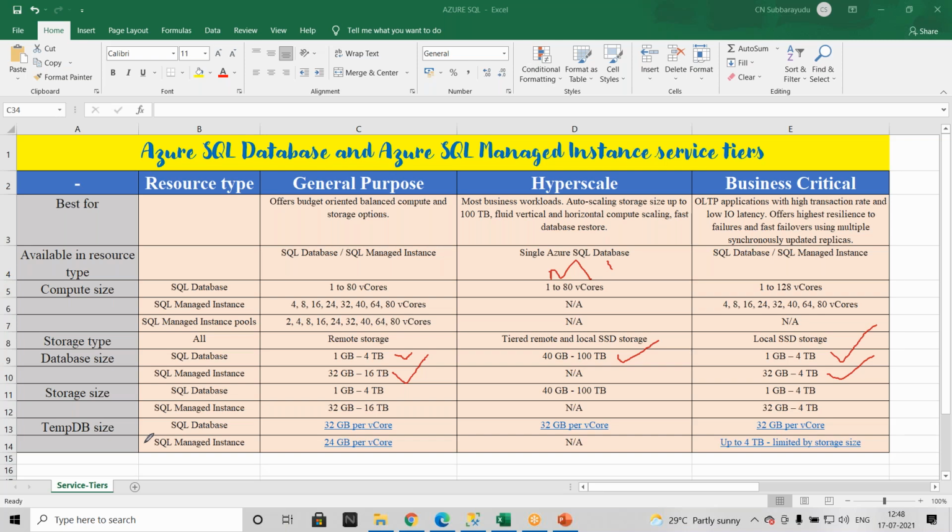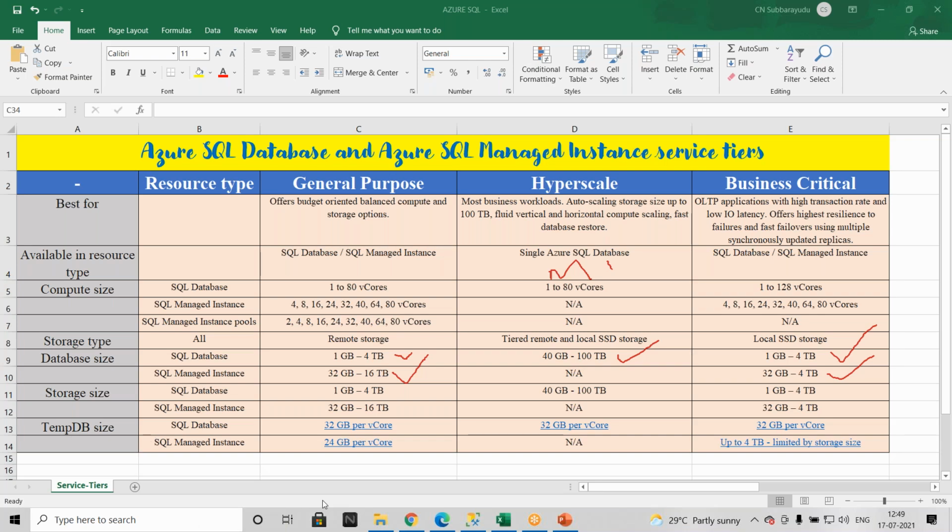In Azure SQL Database, by default for every vCore Microsoft creates temp DB size of 32 GB. For managed instance vCore, Microsoft provides 24 GB per core, and up to 4 terabytes in business critical.